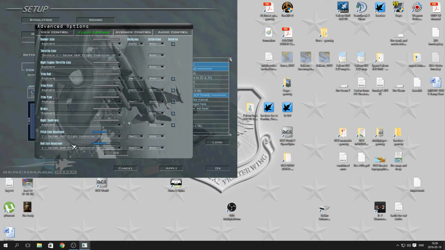Go down here and you just do the same with your stick, with your flight controller, the y-axis and the x-axis. And here you have dead zones. I have it on small. You can choose small, medium and large. Once that is done,